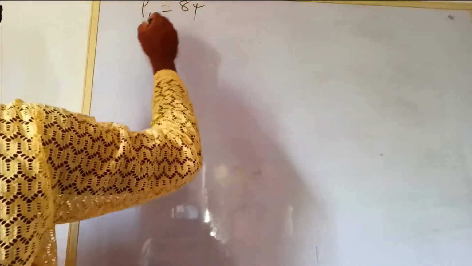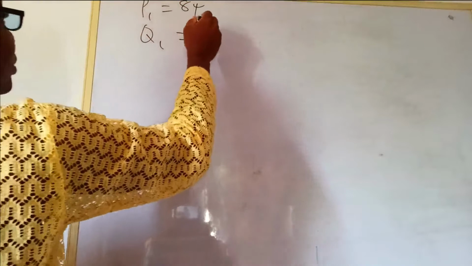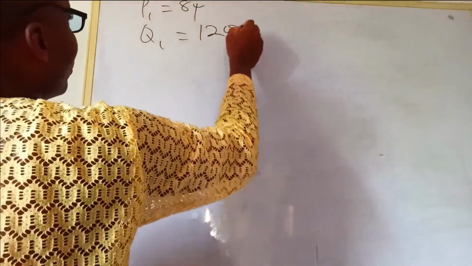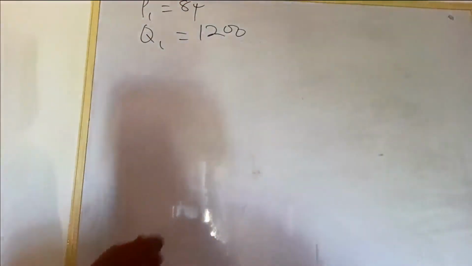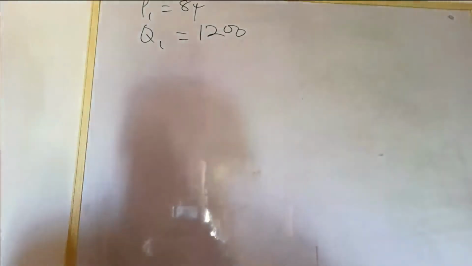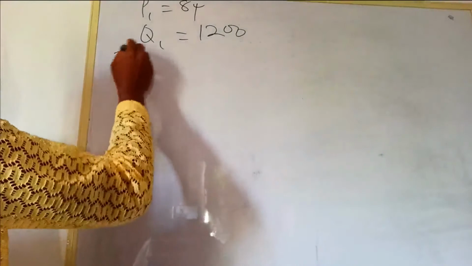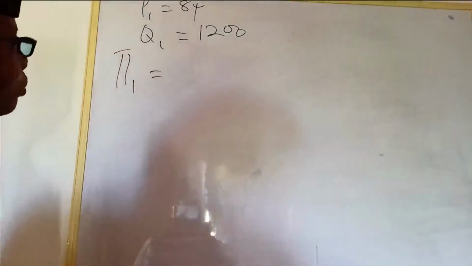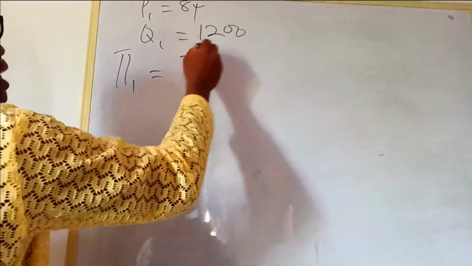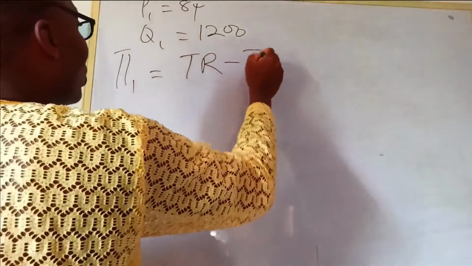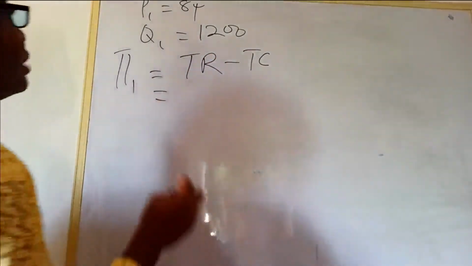With our new price, where P1 is 84 and Q1 is 1,200, what will the profit be compared to the initial profit we had? So profit 1, subscript 1, will be, as usual, total revenue minus total cost, where total revenue is price times